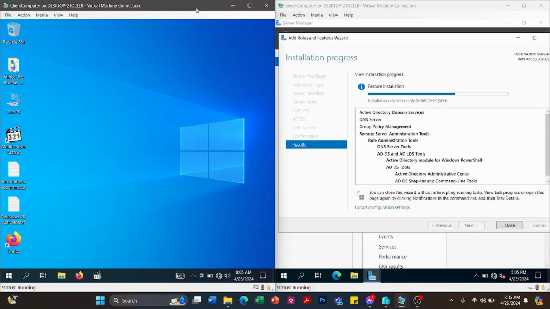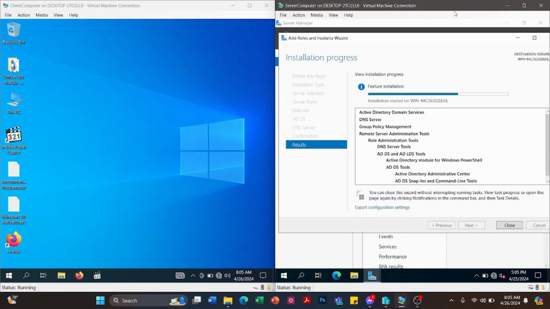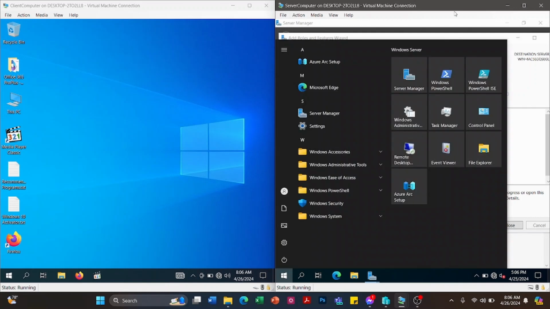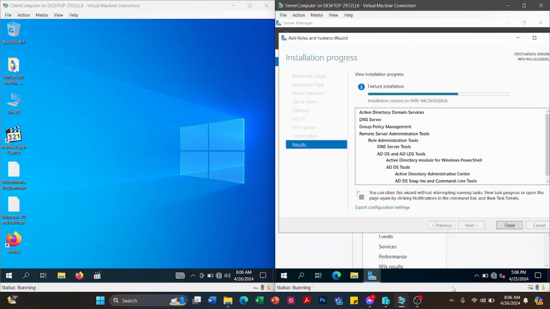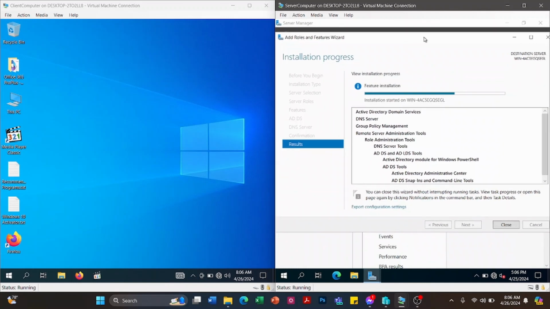So if you want to make a tutorial with a virtual machine, I recommend using Hyper-V. So let's just wait for the installation to complete.